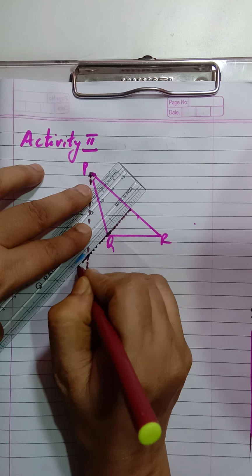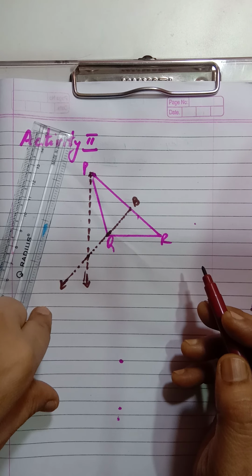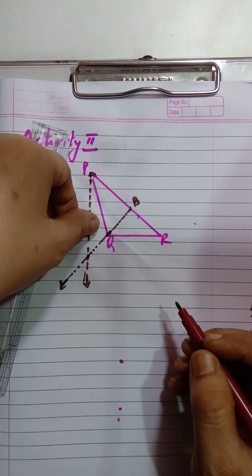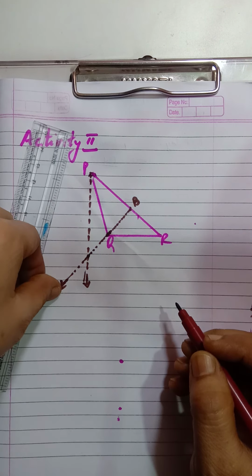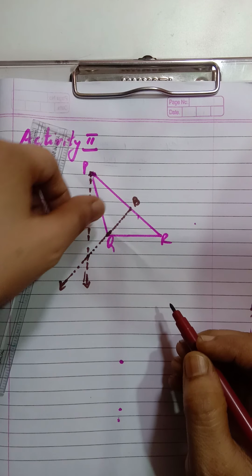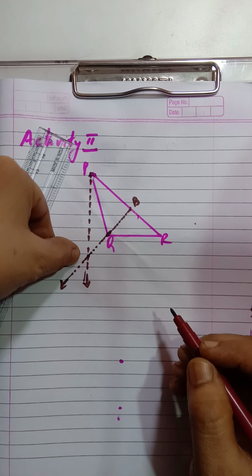Now here you can name this, you can give any name, say for example you are giving B. Okay, now see children, what we have drawn? Two altitudes we have drawn, from vertex P and from vertex Q. Now you will think why I have extended, children? Because we need to find the orthocenter, that means where all the three altitudes intersect. So if I extend this backside, I'll get the intersection point.